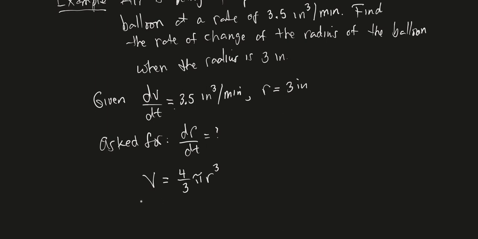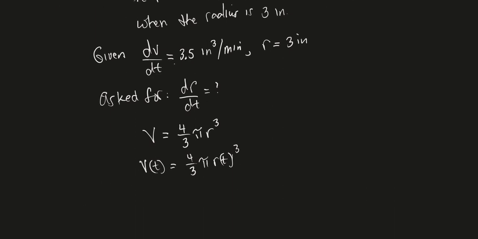All right? But what this implies is that V of t, right? So our volume is changing over time. As we inflate this balloon, the volume will change, and so will the radius. So both of those quantities are functions of time, right? So now if I differentiate this equation with respect to t,